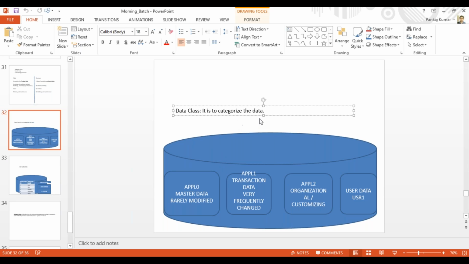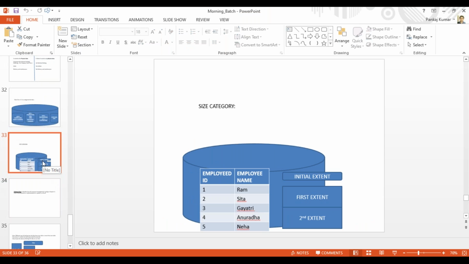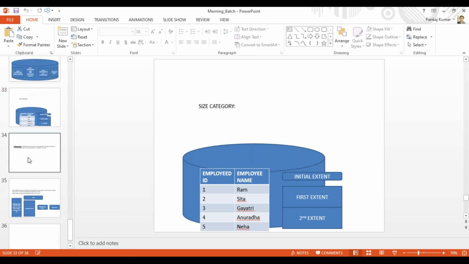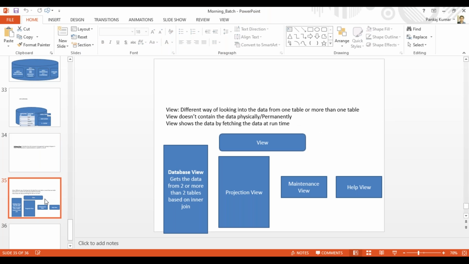Okay. Data class, we saw there are different types of data class, and it is used just to optimize the performance. A particular kind of data is stored at a particular place in the database altogether, and it will improve the performance, and it will also ease the data maintenance for a database administrator. Size category, we have seen how it works. First, the definition gets stored in the initial extent, and then it will keep on increasing based upon the size of the data. Then delivery class, we have seen it is nothing but to manage the transport, right? And